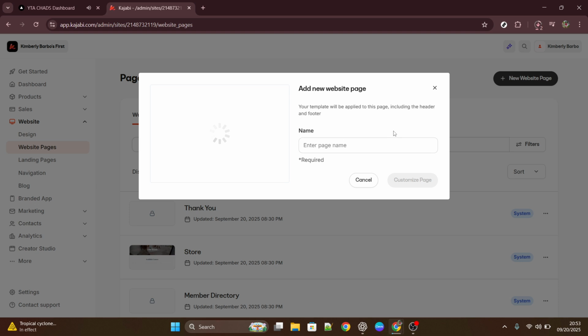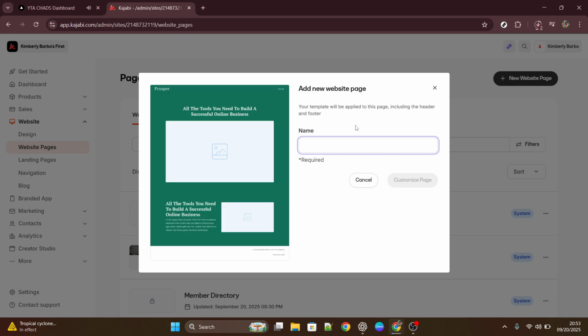First, you'll be prompted to enter your desired page name. Once you've named your page, hit Customize Page, which will take you into the page editor where you can start designing. Alternatively, if you're interested in creating a landing page for purposes such as opt-in forms or sales promotions, the